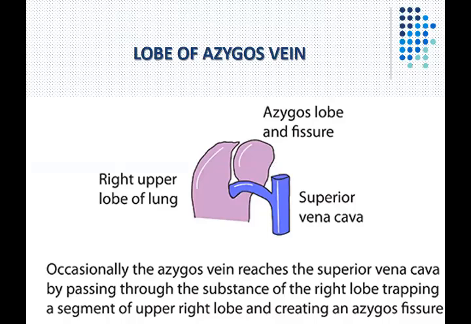Azygous lobe. Okay, this azygous lobe is produced by the azygous vein. ये right side है, right upper. Okay. Occasionally, what happens is the azygous vein जो है, it has to go and drain into the superior vena. Okay. In order to do so,